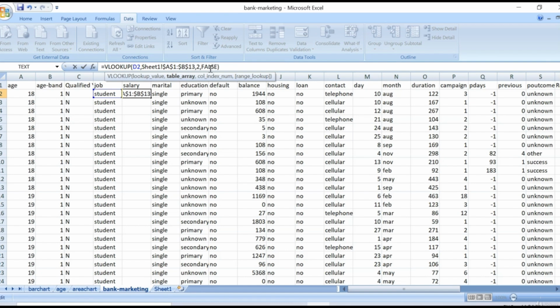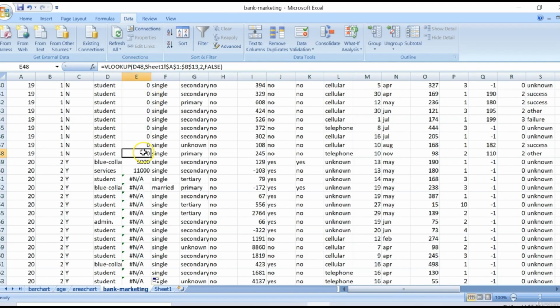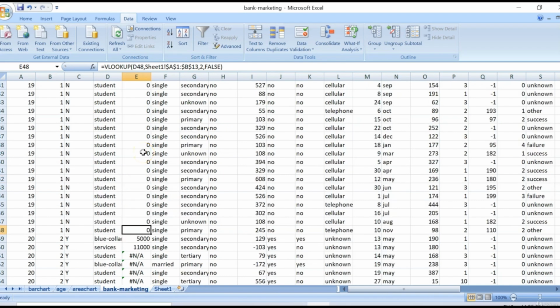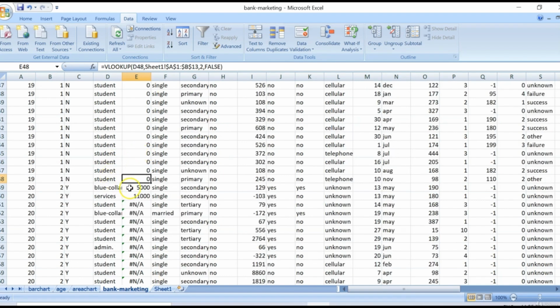The range should not change. The thing to be changed is this. So I click on it. Now when we click on the first formula, it defaulted 0 for each student, but for the blue color we